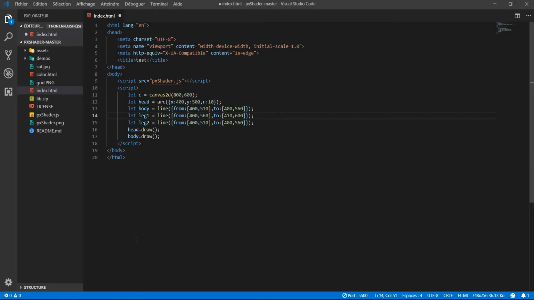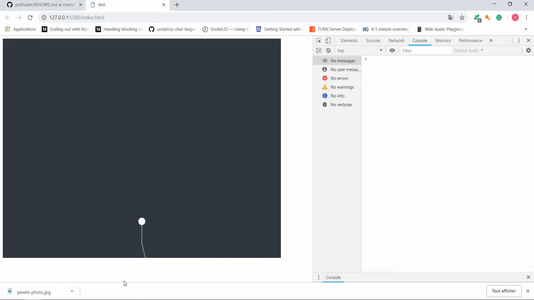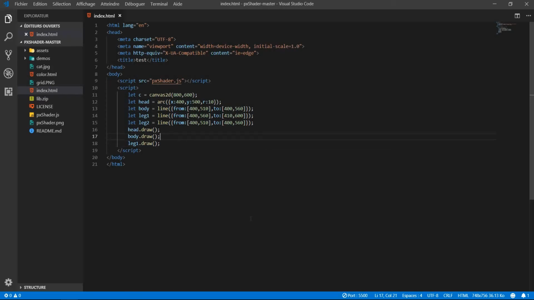So that's one thing. Okay, so if you draw leg 1, okay, you see we have that funny leg. I could just spread it a little bit, but yeah, I'll just leave it for now. And I want to do almost the same changes to leg 2. So I want it to go from